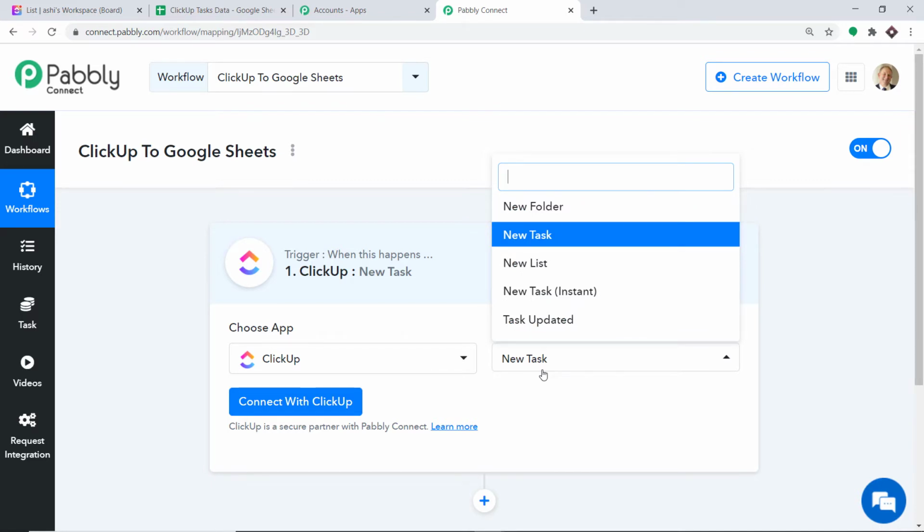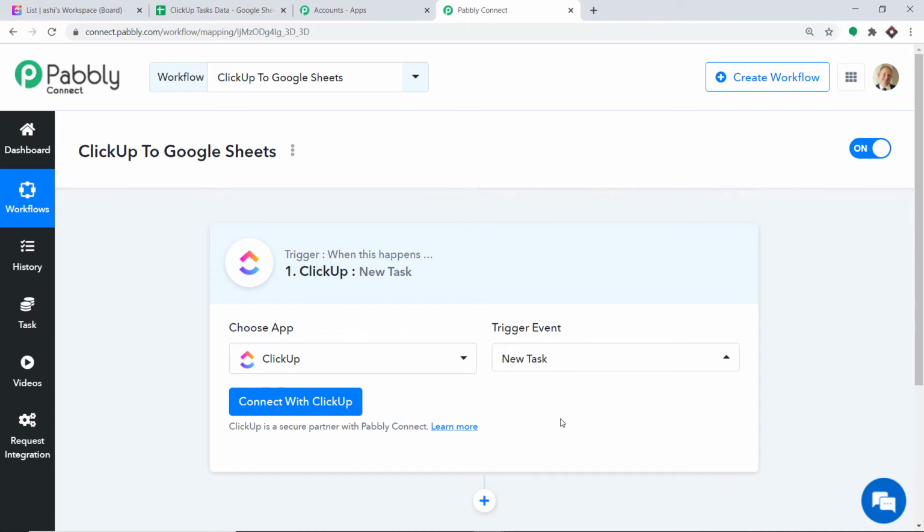Okay, so new task is basically a trigger event. So your obvious question is, what is a trigger event? Trigger is basically an if statement. It asks a question, if the condition is met, what should be done? For example, if a new task is created, then what action should be taken by the system? Actually, there are many more trigger events like new folder, new list, new task, task updated, and so on. However, in case you don't find the trigger of your choice, you can make a request to our team at admin@pabbly.com for the specific trigger that you want to build. But at present, I just want to send the data when a new task is made in ClickUp.